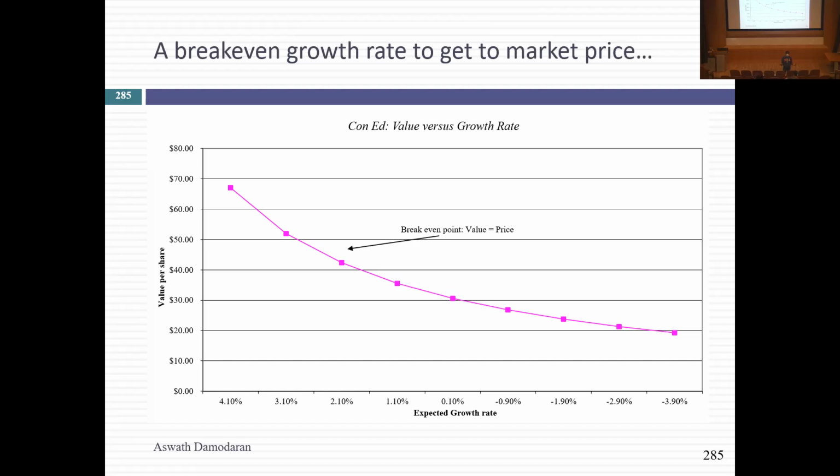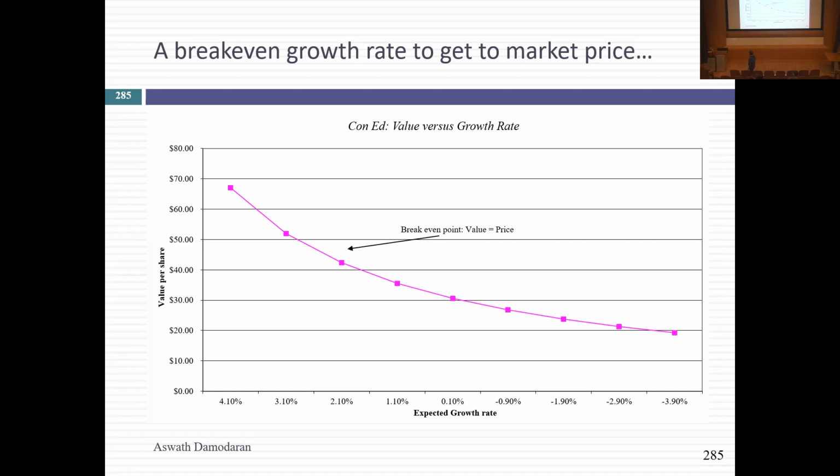You're saying, why didn't I pick a regulated utility? My valuation would be done already. How much are you going to learn from doing this? And why would you need to come to a class and take this class and torture yourself on free cash flow to the firm if all you're going to value is Con Ed over and over again? But a stable growth dividend discount model is a good starting point to think about valuation.